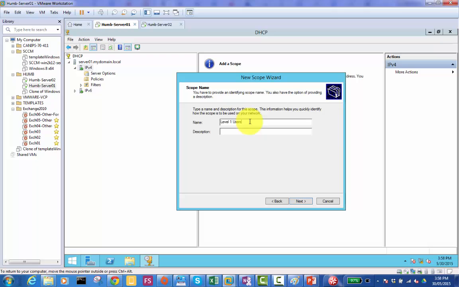Yeah, we can rename anytime. Yep. Yeah, it's not permanent. So level 1 users, and in the description, all computers on level 1, just to make it more understandable. I'll just put the description here as well. All computers on level 1. You can just put according to your situation in your network, right? So next,